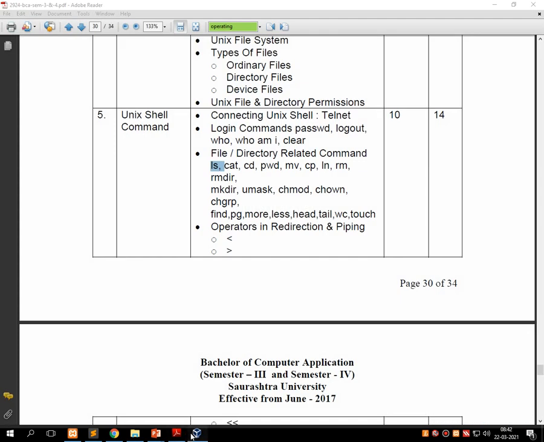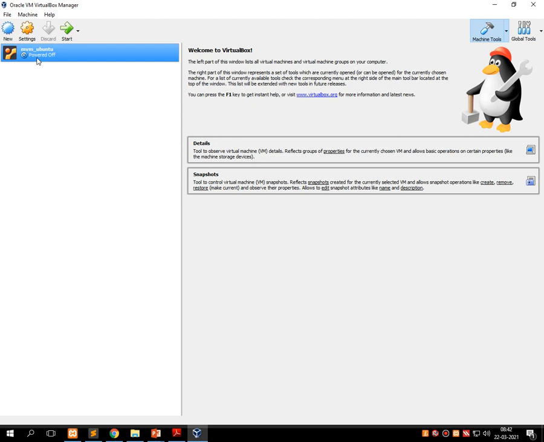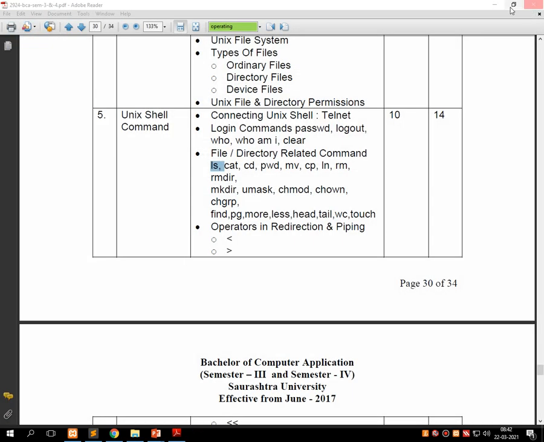Fine. So Linux is properly shut down. Now just close this window.